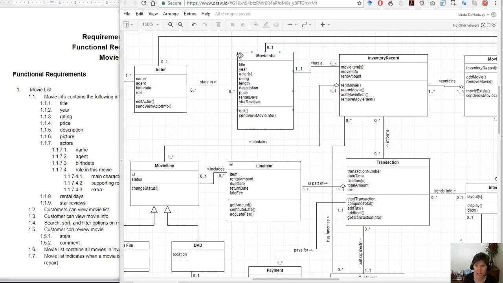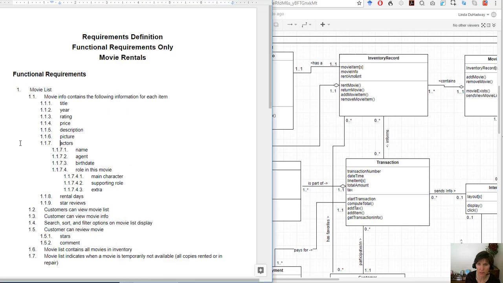After we've added the classes with their attributes and functionality, we've added their relationship lines with their labels and multiplicity, then it's time to go back and view the requirements definition and identify how we get everything represented in the diagram. So you just go to your functional requirements list and you look through each detail to make sure it's fully